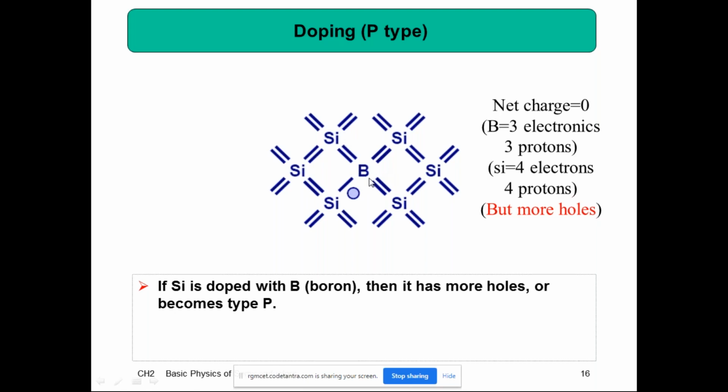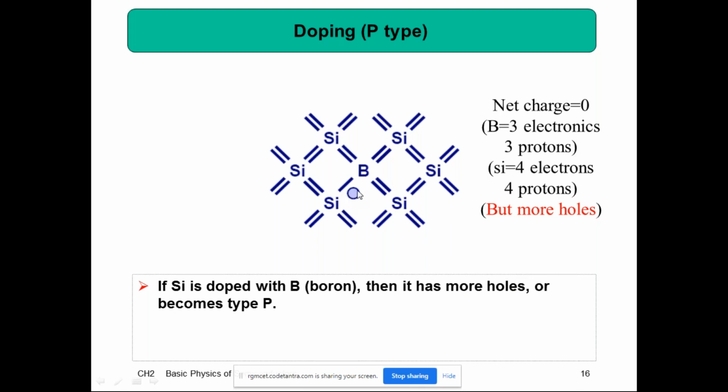Coming to the boron, what about here? Number of electrons? 3 electrons. The 3 electrons are strongly bonded with electrons of 3 neighboring silicon atoms in covalent bonds. Then for the fourth silicon atom, 1 electron is left, right? Now this is treated as a hole. Now what about here? Boron, how many protons? 3 protons. How many electrons? 3 electrons. What is the net charge? Net charge here also is 0. Suppose some other external electron fills up this hole.